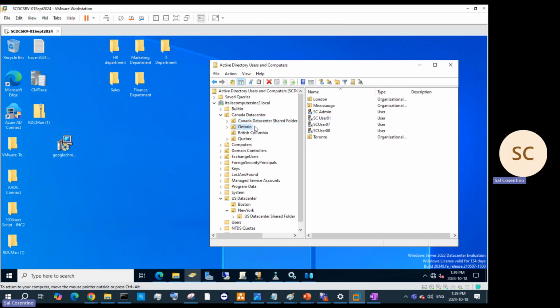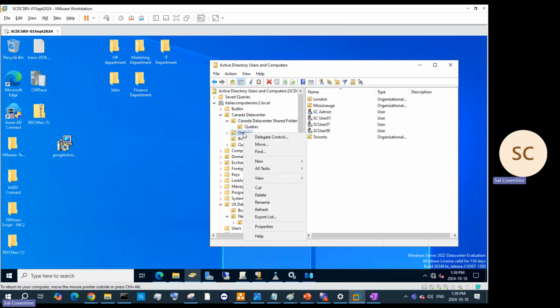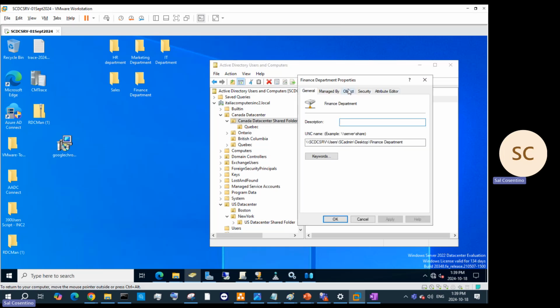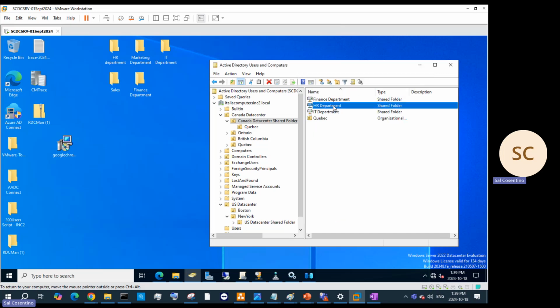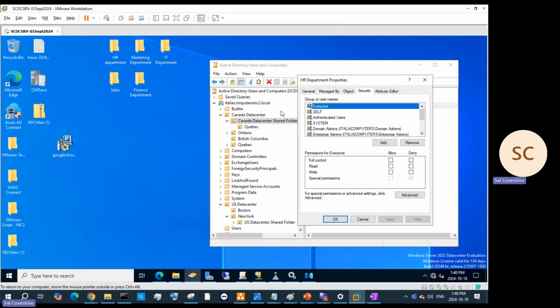and I can also add our different containers within here. So if I want Quebec to have access to that, and the users within it, or I can have users within here administer those folders, so they have access to that, and they are managed by whoever. And again, we can protect these folders. Hit OK. We can actually look at the properties of that,